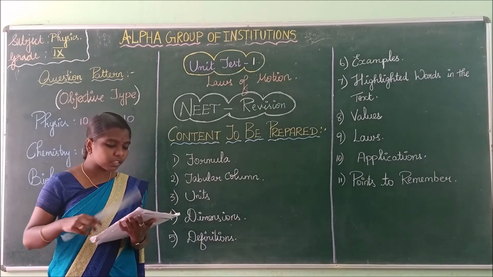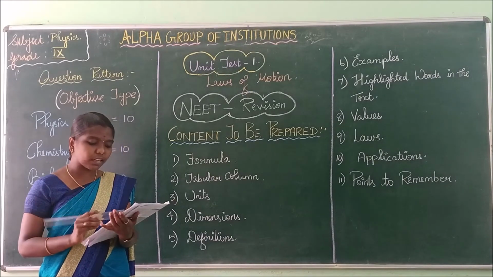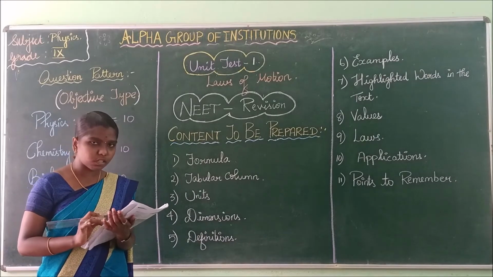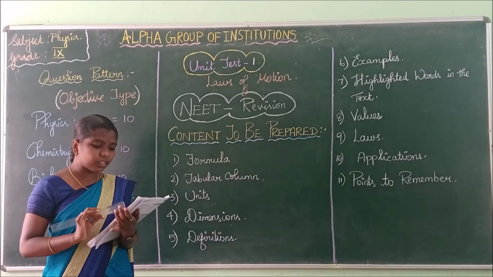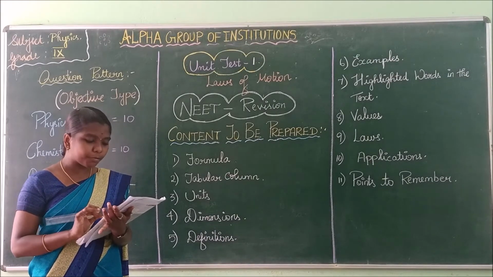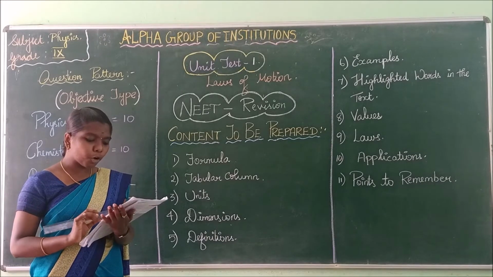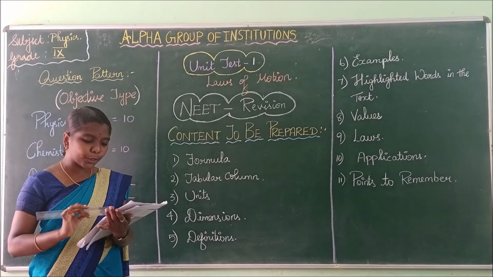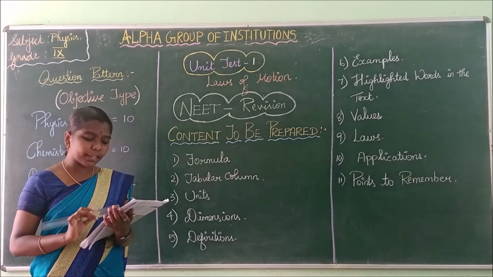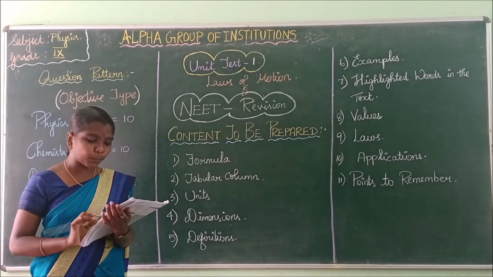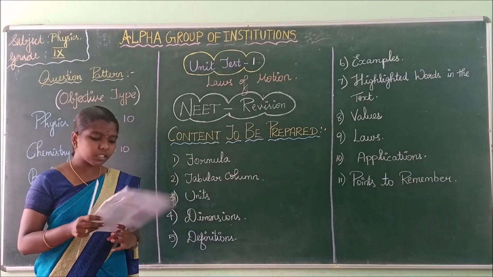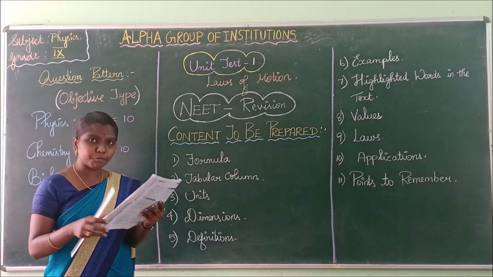Good. Next, what is force? Force is an external effort in the form of push or pull. Underline the word force. Next, force produces or tries to produce the motion of a static body. Underline the word force. Next, you have to read the types of forces also.